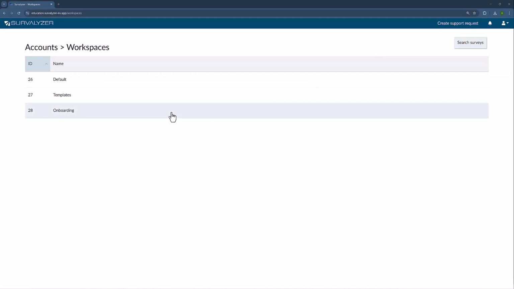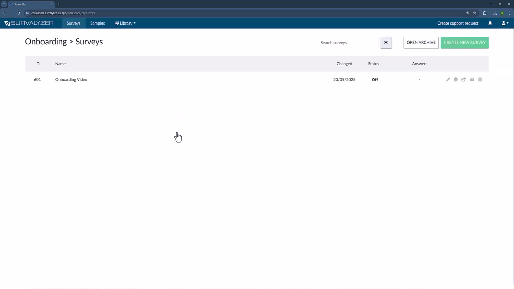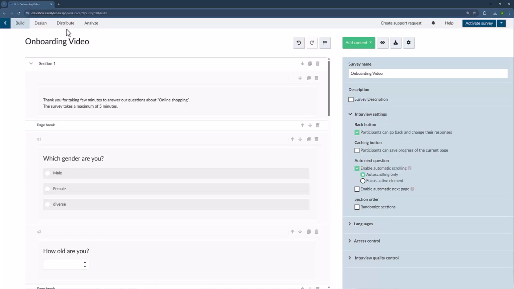And we will go again in our onboarding workspace that you should also have. And there we have the survey we created last time. Good, we go step by step and we will start with things we can do within the survey. And after we open the survey, as you just see on my screen, we will jump on